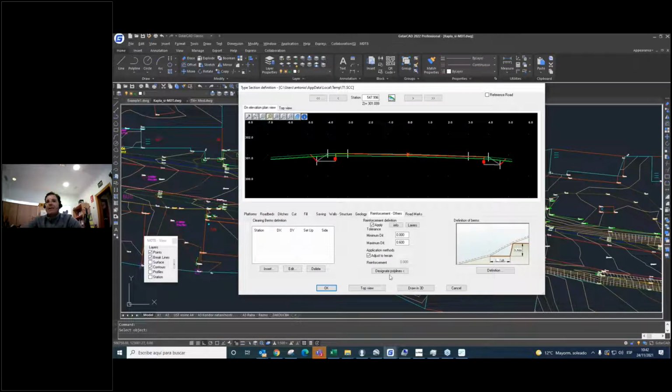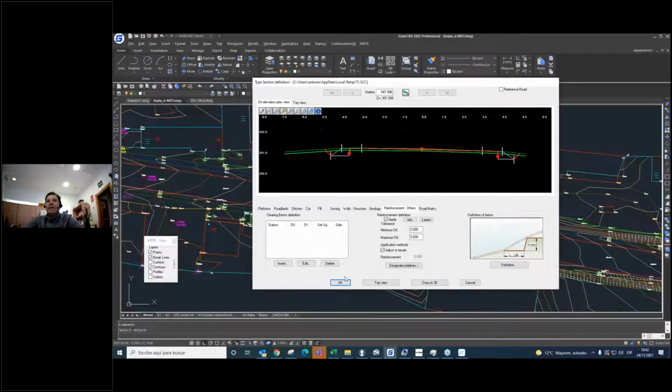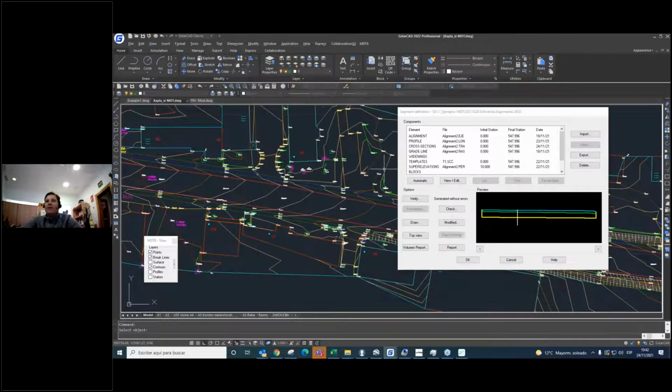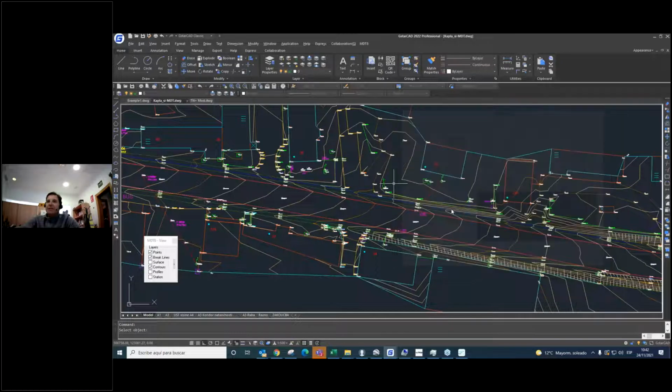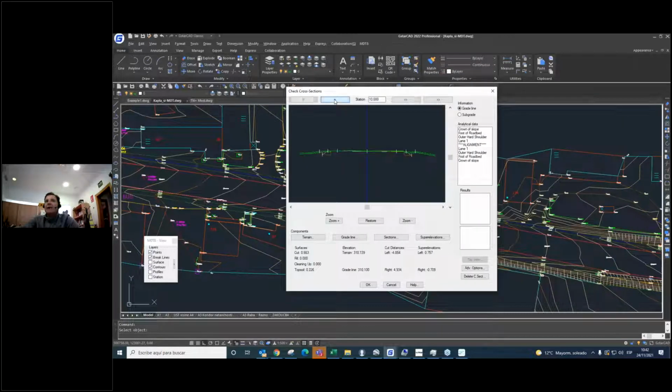Okay, and here is. And when we have this, we are defining the layout, everything. Okay, we finish. We can evaluate our design. For example, we can check it. We can analyze point station by station of this